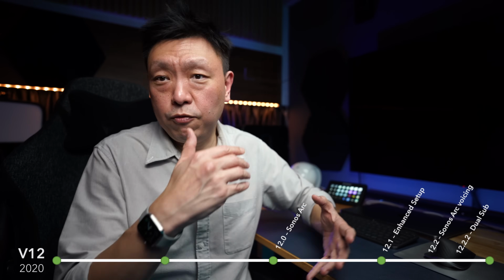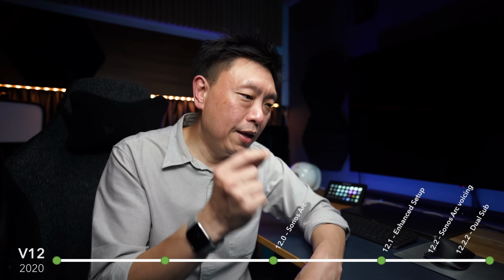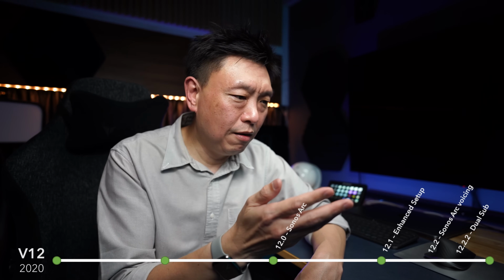And in the middle of Q4, they launched 12.2, which brought about the final improvement to the Sonos Arc voicing capabilities. And you will realize that the dialogue coming out from the Sonos Arc was actually enhanced by that release. And the last update of the year 2020, which came towards the end of November, I think,